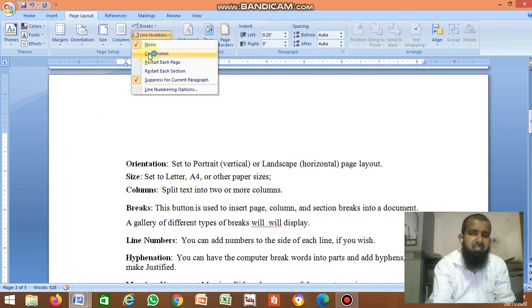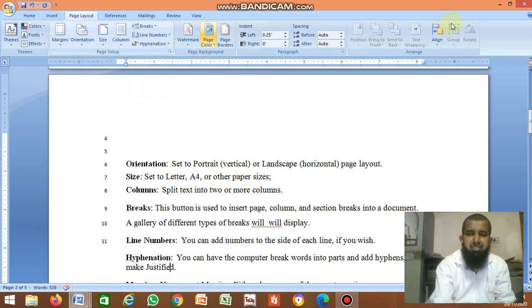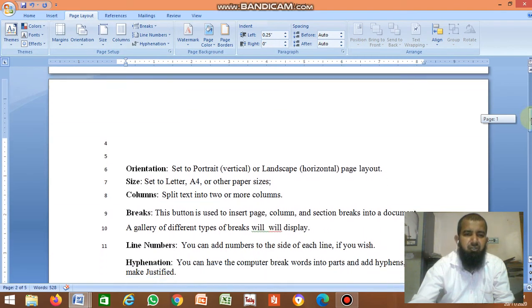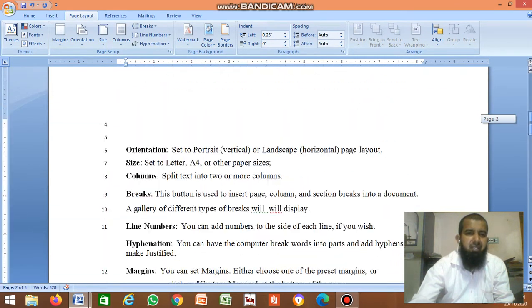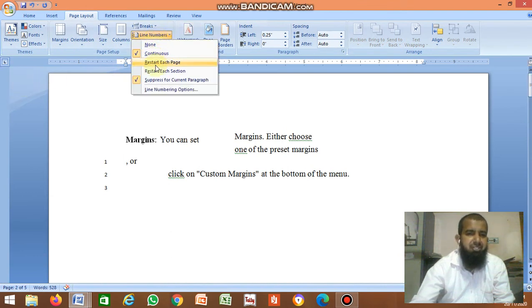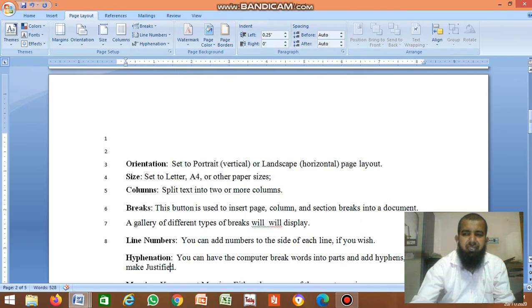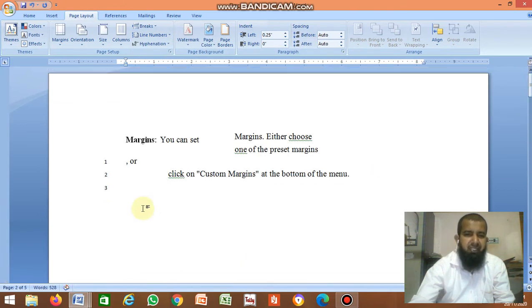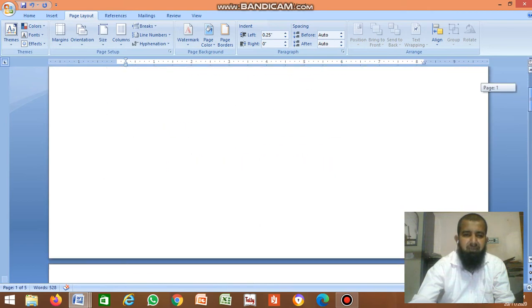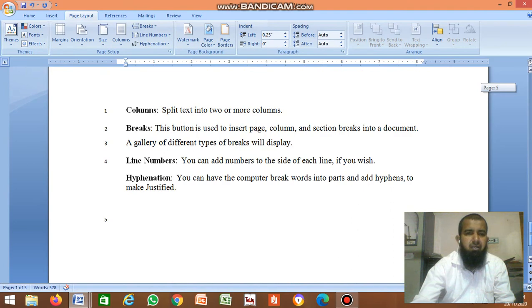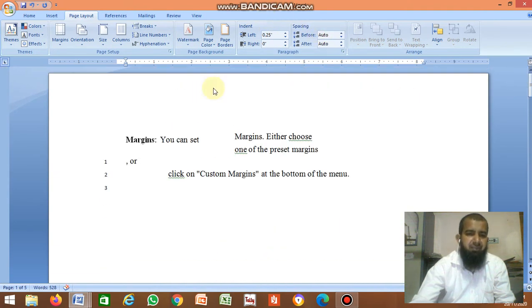If you select Continuous, it starts from page 1, displays line numbers, then continues to the next page. If you select Restart Each Page, every page restarts from 1 to 3. Here 1 to 3, and on the next page it also starts from 1 to 3. Like this. This is about the line numbers.